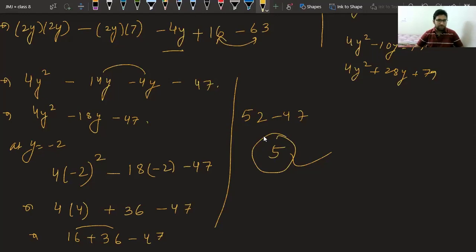Sir, 4 will be minus. Soham, it is -2 square. This is -2 square. It means -2 into -2. Square of any number means you are multiplying that number 2 times. That means square of -2 is -2 into -2. So we will get 2 2s are 4. Negative into negative will become positive. Soham, is it fine now?